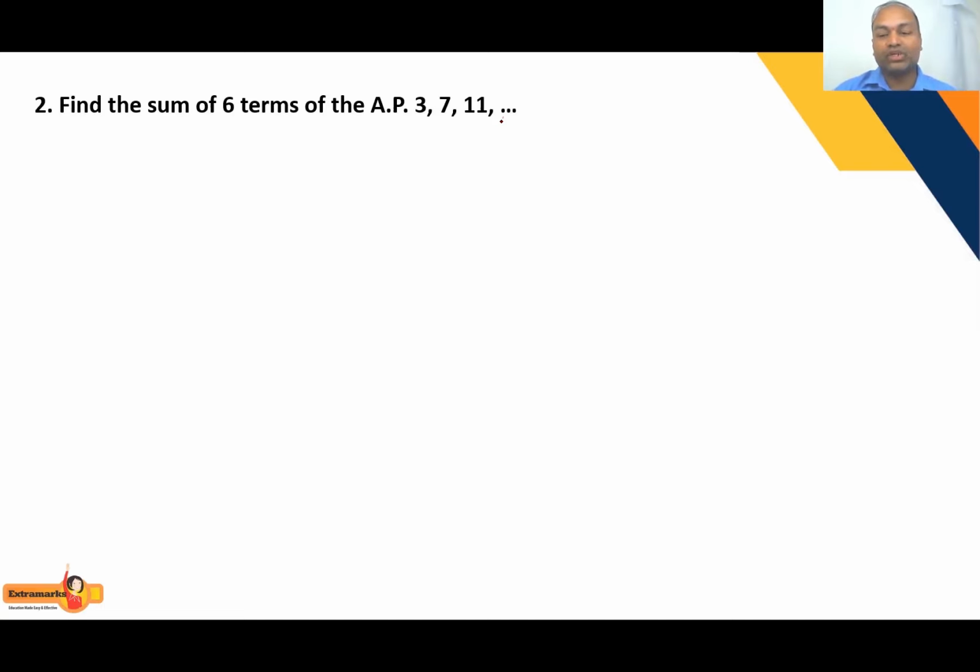Suppose here 6 terms only, then it is easy. Suppose we calculate 100 terms or 200 terms. At that time, writing all 100 terms or all 200 terms and then adding all the values, I think is a little bit difficult. So that is why you write some formulas in this concept. Now what is the formula for the sum of n terms in AP? Sum starting letter is what? S. So it is denoted by Sn, the sum of n terms in AP, is equal to the formula